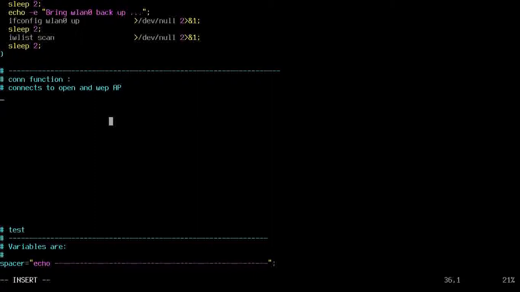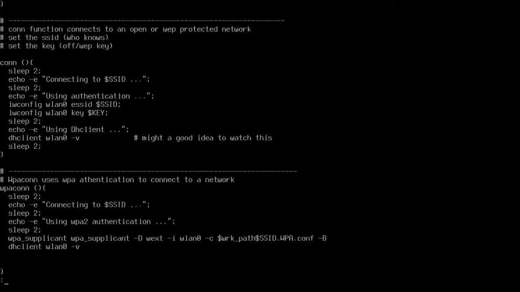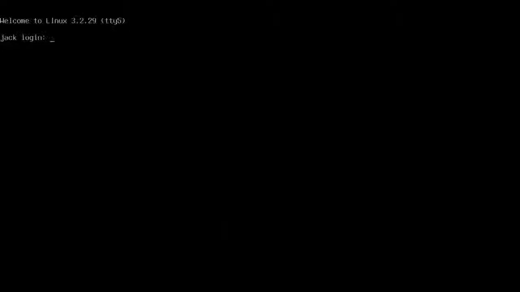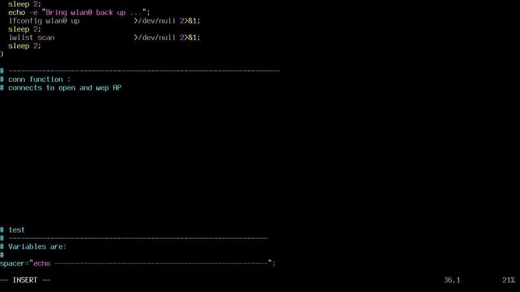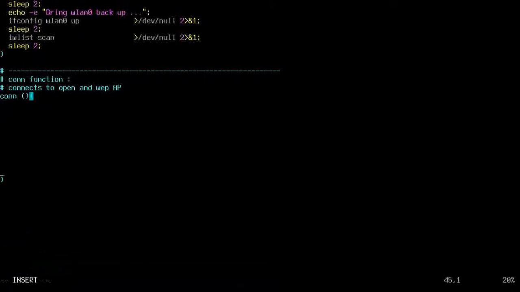Good. Now, go back to my cheat sheet. I want to first echo out some stuff. So let's say echo -e. Oh, function, remember. Function, connection function. Connect. And I want to say echo messages. I'm going to say echo connecting to